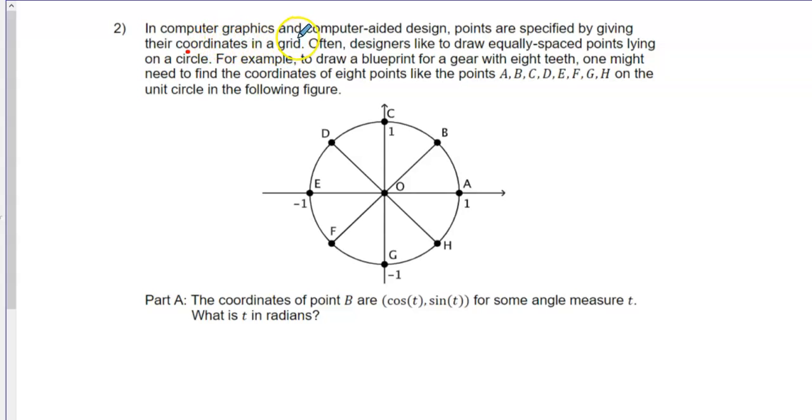In computer graphics and computer-aided design, points are specified by giving their coordinates in a grid. Often, designers like to draw equally spaced points lying on a circle. For example, to draw a blueprint for a gear with 8 teeth, one might need to find the coordinates of 8 points, like the points A, B, C, D, E, F, G, and H on the unit circle in the following figure. The coordinates of point B are cos t and sin t